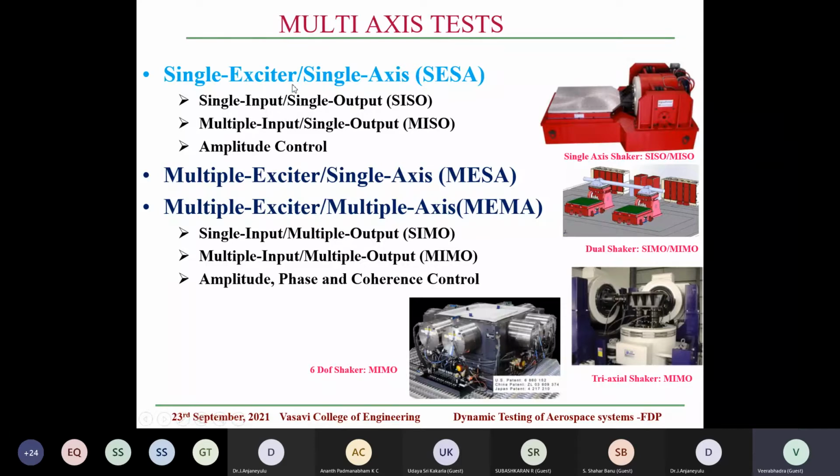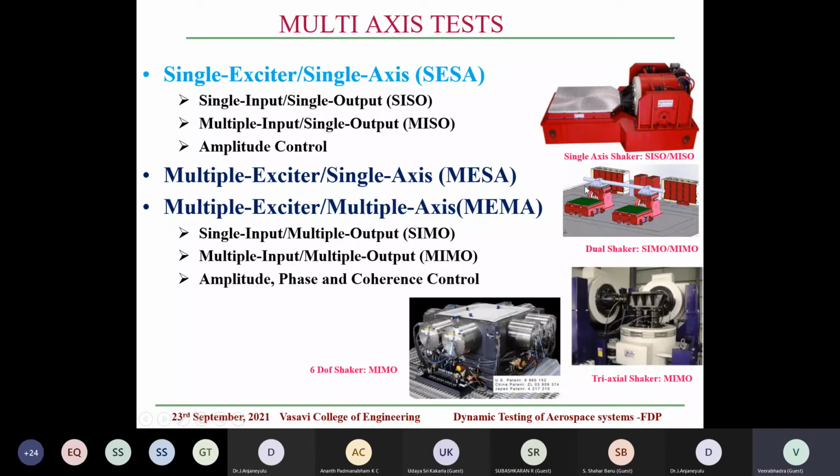This is what a typical shaker system looks like. You will have either horizontal or vertical, and you will be able to control. But with the recent advances, we have multiple exciters, single axis. What it means is you have multiple shakers. You have very lengthy systems. You can excite it at 2 points and then get a very realistic environment. Or you have multiple exciters, multiple axis. You have 3 to 4 systems or 6 systems in 6 axis or 3 axis, and you put the system and excite in all 3 axes simultaneously.